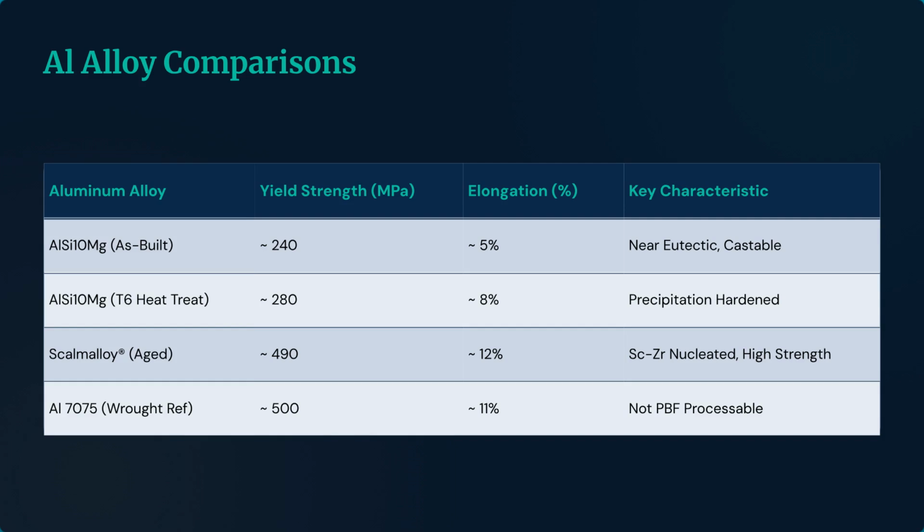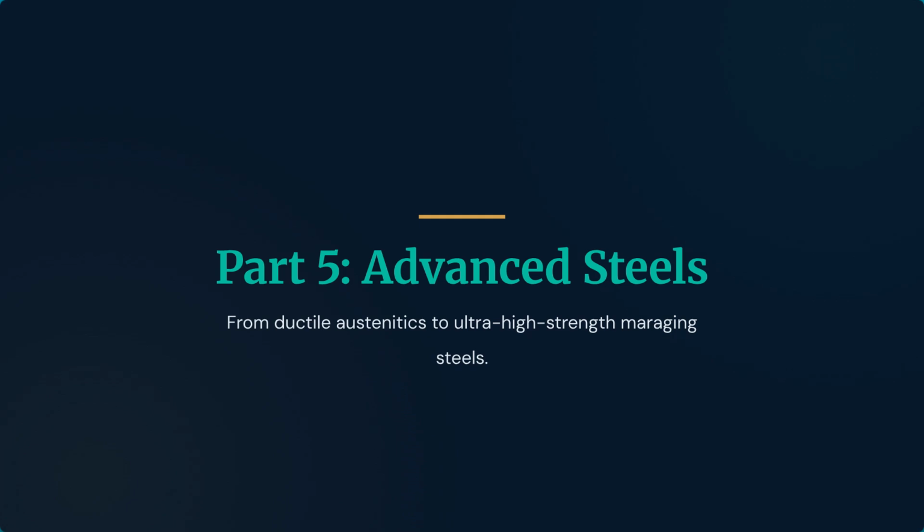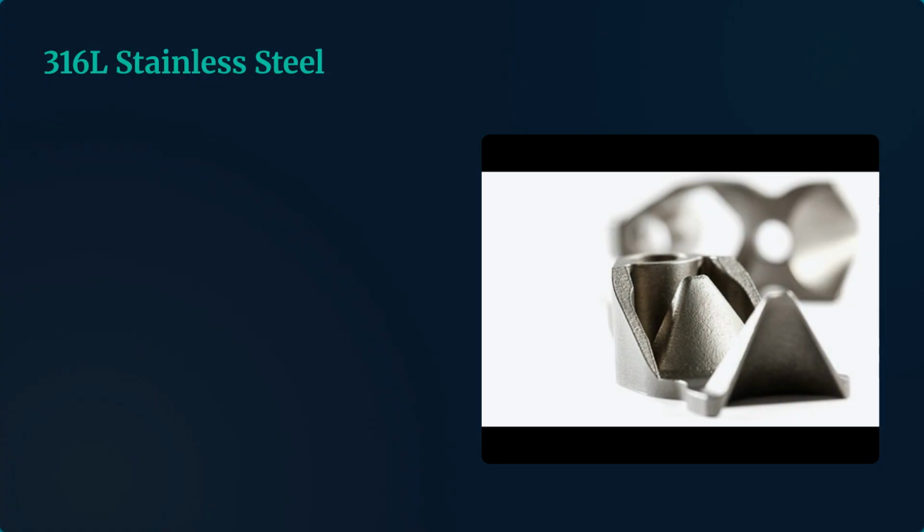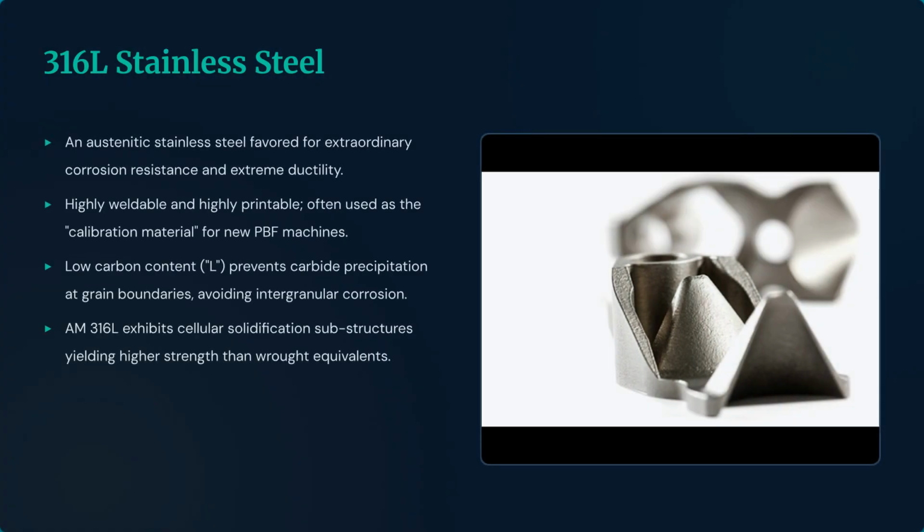This comparison table outlines the performance and suitability of various aluminum alloys used in modern additive manufacturing. Finally, we introduce Part 5, which explores advanced steels, ranging from ductile austenitic grades to ultra-high-strength maraging steels. We begin with 316L stainless steel. It is an austenitic alloy highly favored for its exceptional corrosion resistance and ductility, making it a reliable choice for